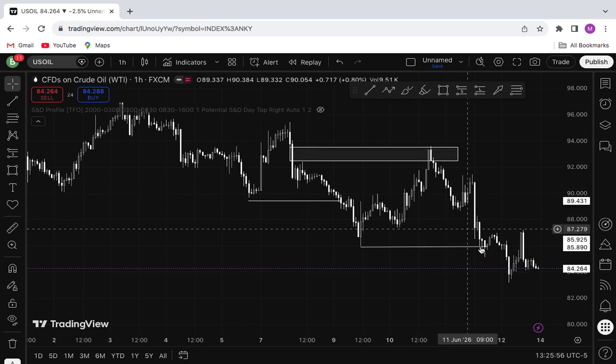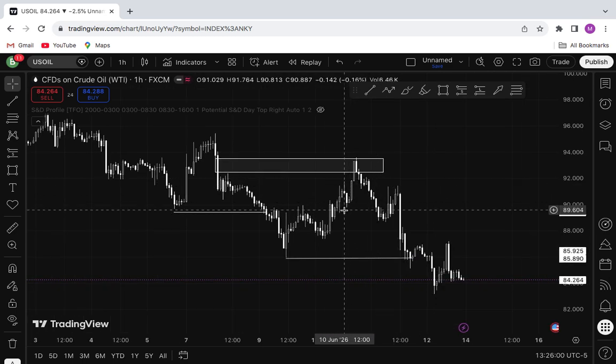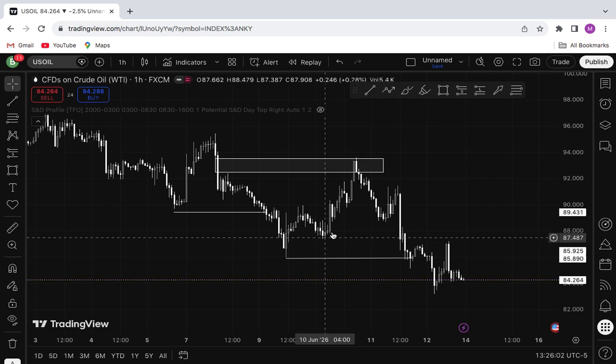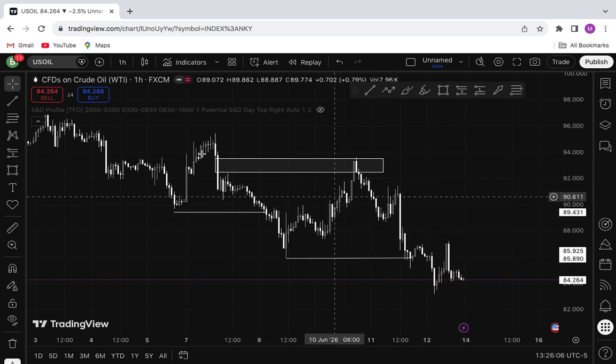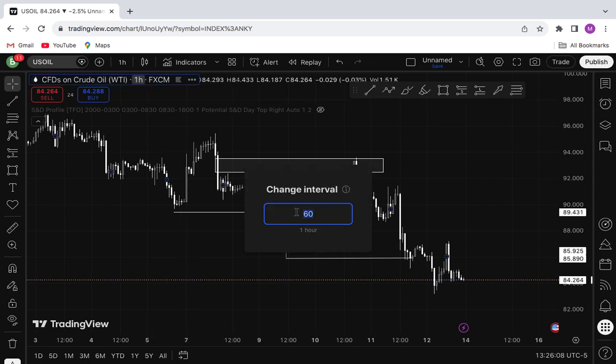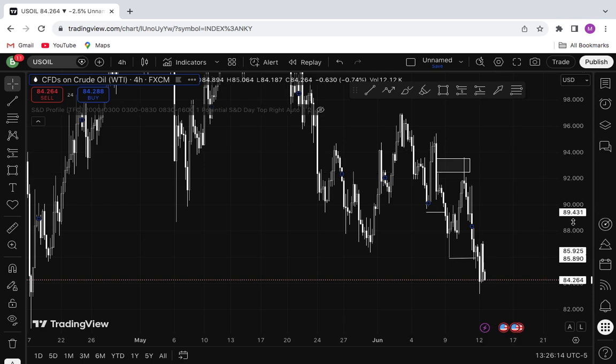But before this pull down here, what happened? The market sold down. You have this low 1, you have this low here 2, then you have now this low, which is the final low, right? I'll switch to the 4-hour time frame so you can better understand what I am talking about. Now, based on this 4-hour time frame,